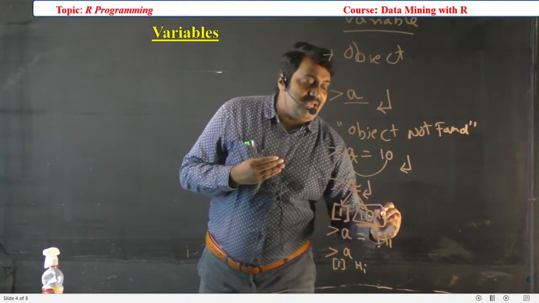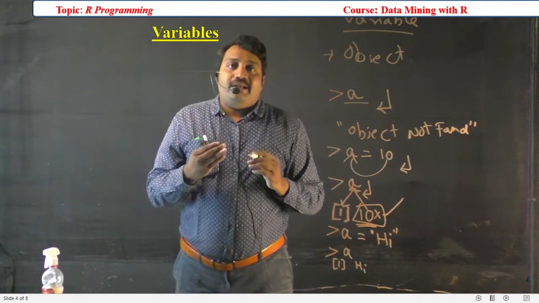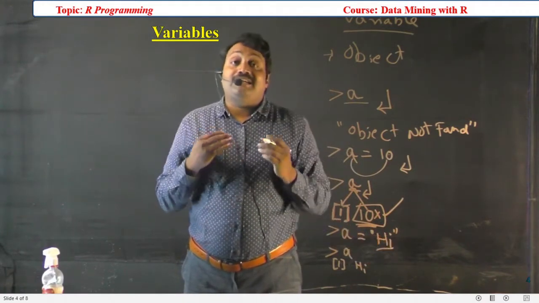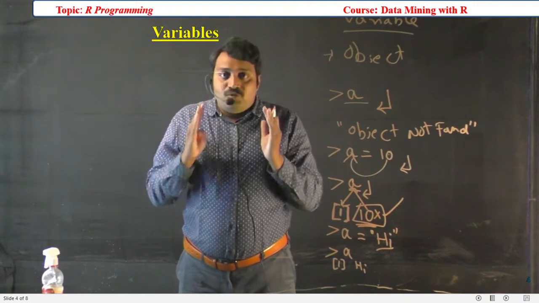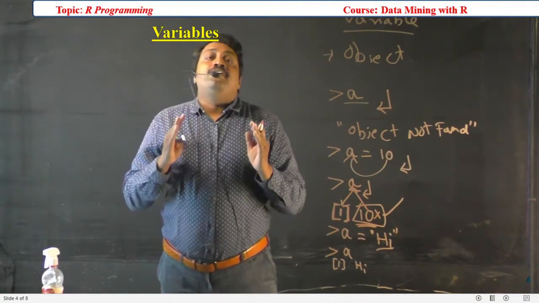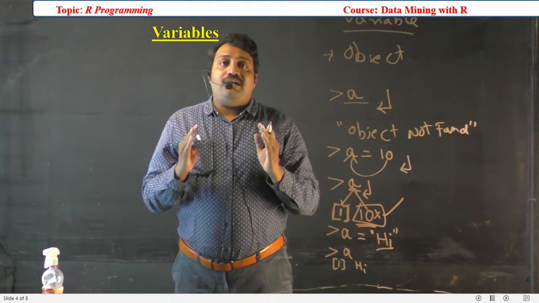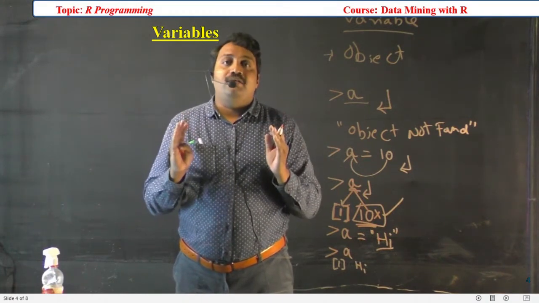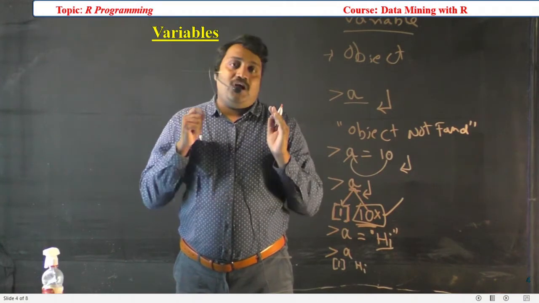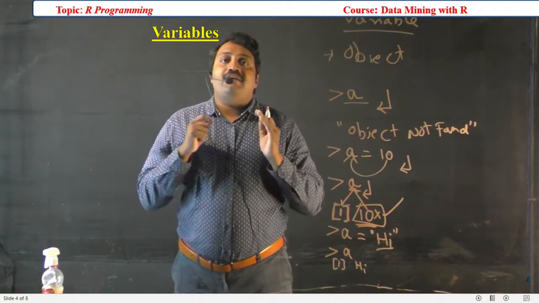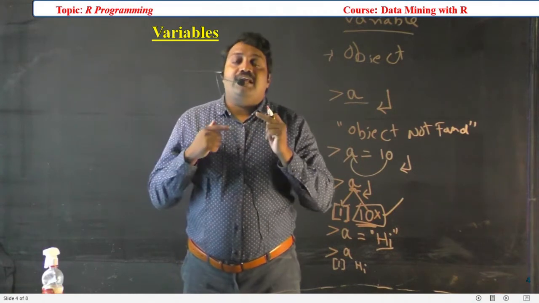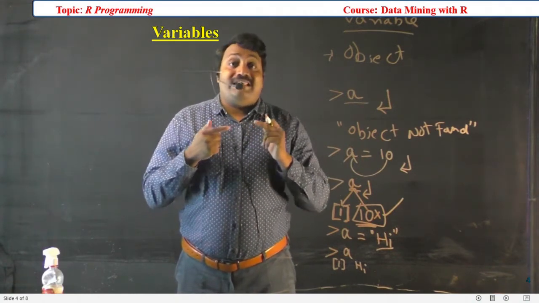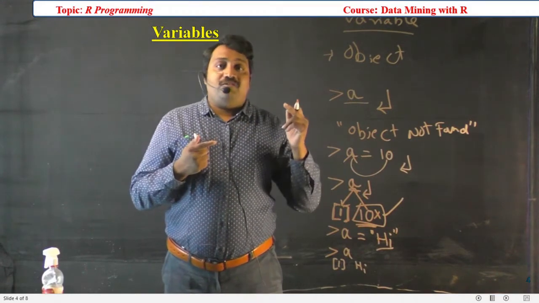previously we had the value 10. That will be overridden and store the new value, that is the string type "hi". That is an advantage. At any moment we can assign any value to any object. That is a big advantage in our programming. We can handle any object at any moment with any value. Automatically we are able to upgrade the value, and the same thing we will visualize.